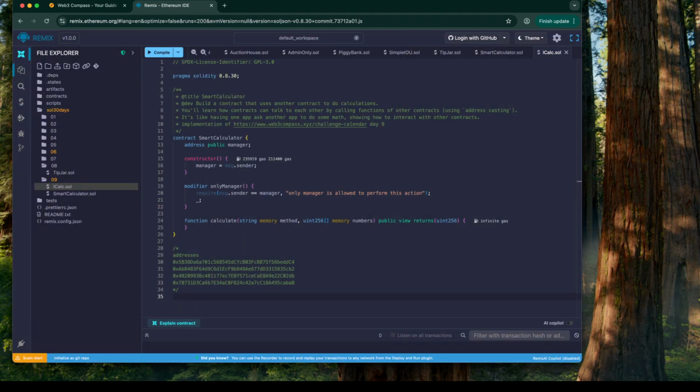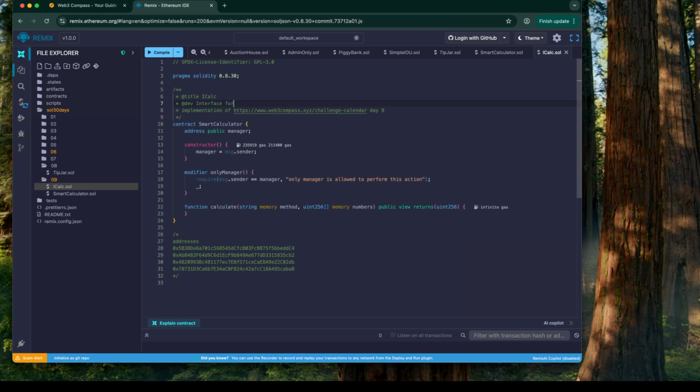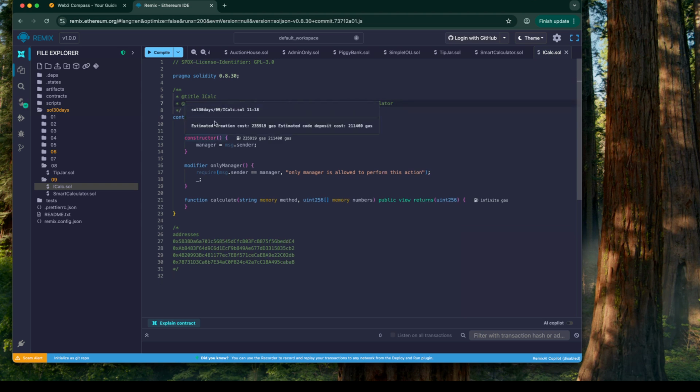I think I'll only want to keep the pragma, and then I'll say iCalc, like that, and add a comment: interface for all calculator implementations used by smart calculator, right? All right, and we'll call this